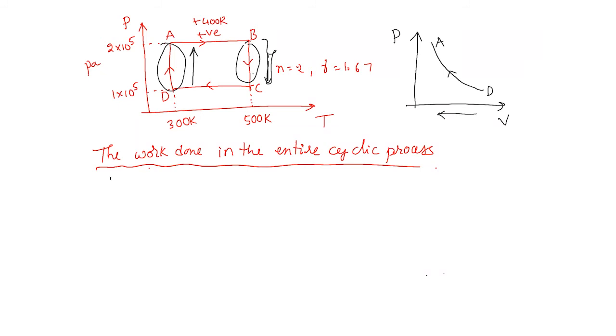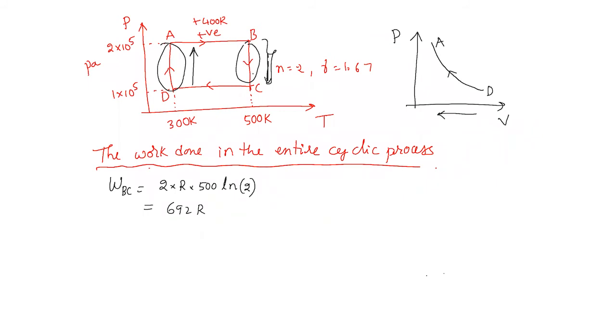So how to calculate the work done in the process B to C? You calculate. Yeah, we'll check the answer. Work done in the process B to C is nRT ln(P1 by P2). So there is 2 into R, the temperature is 500 Kelvin, and ln 2. What is the ln 2 value? If you simplify this, you will get in the process B to C 692 R.